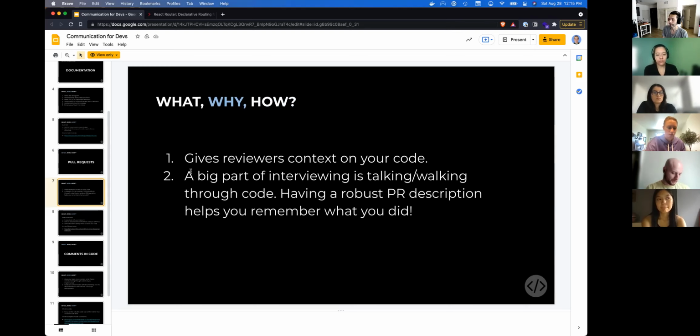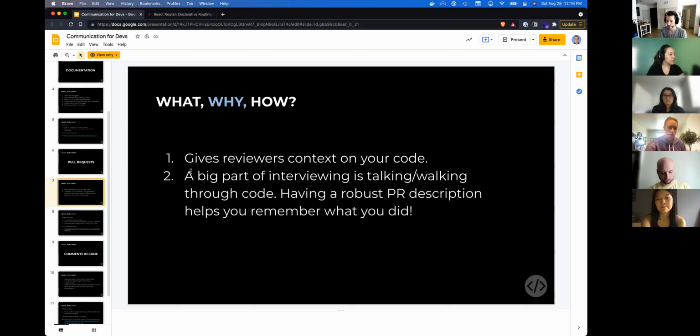And a big part of interviewing and also collaboration is walking through your code and talking through it. So having a robust PR description will help you remember what you worked on. When you start working on bigger projects, you'll have a lot of pull request history. If you want to find a specific thing, for instance, at my company, if someone makes a pull request and it gets deployed to production, and for some reason it breaks production, we know exactly how to find that pull request through the description. And each of our pull requests has a ticket number on it, so it's easy to understand where the pull request comes from, and you can easily revert that.